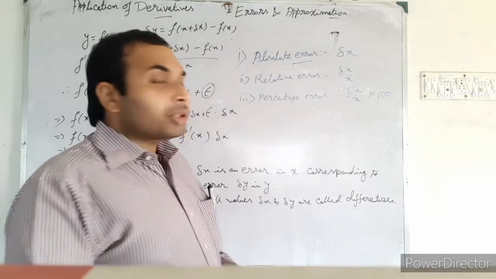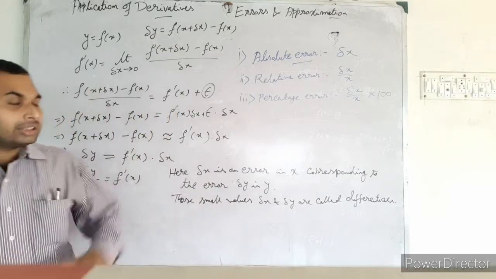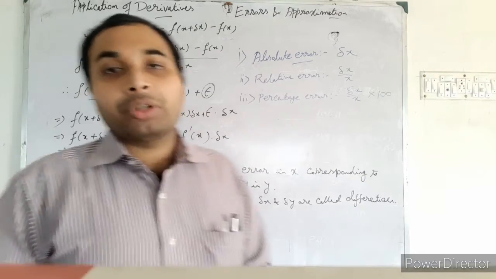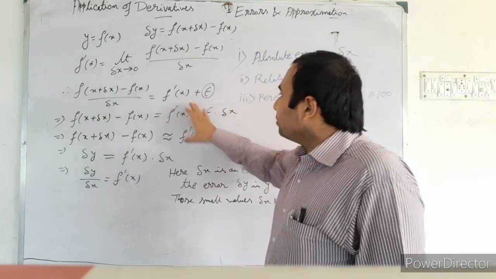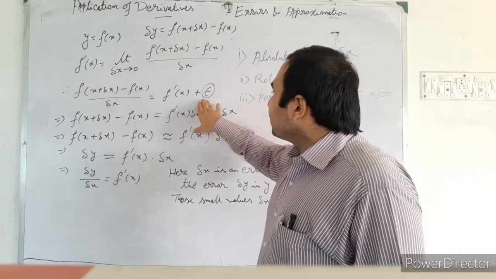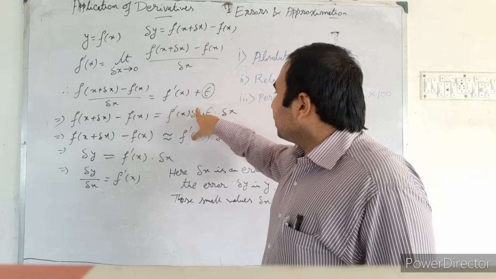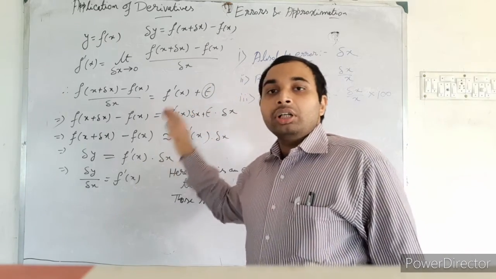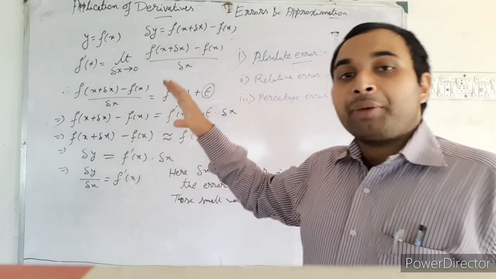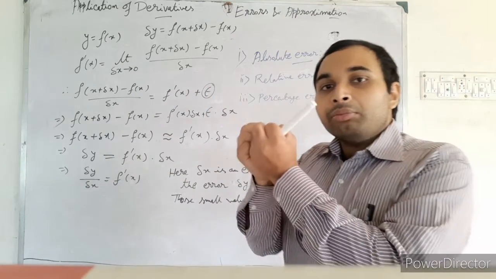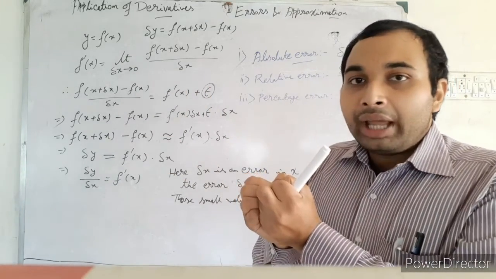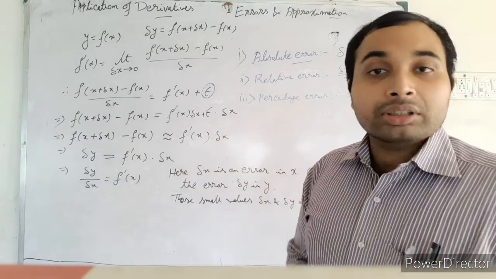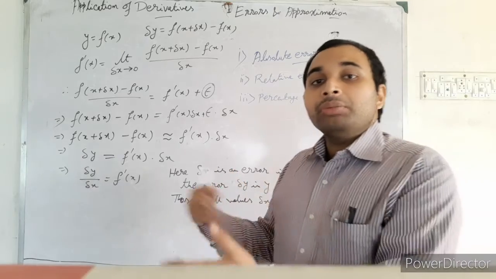So those three types of errors are there, and this is the basic concept of errors, why the errors and approximations are coming, because of the limiting values. Here we are taking the limiting value, that's why this epsilon is coming, and epsilon is a small quantity. But also if we take the approximation, there also some slight errors are coming, and in science you know there is no place for errors. So what will be that error?